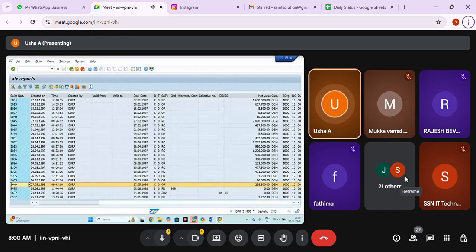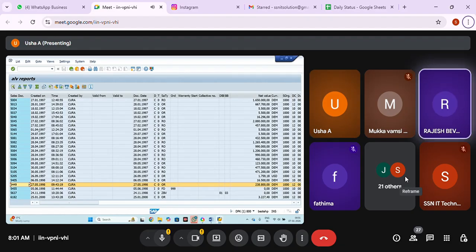But here in the ALV report, already we have the buttons. You can see sorting, filtering, all these predefined buttons are available. Now, how are we going to add an extra button without disturbing the existing? Because the already existing buttons, as they are, should be there. Along with that, I want to add one more button. Then how am I going to add? Okay, ma'am, can we see that?